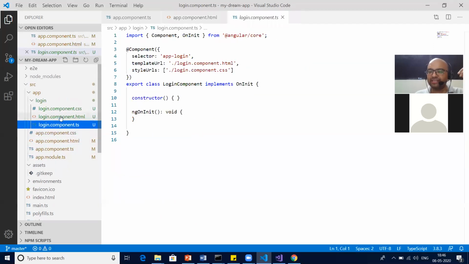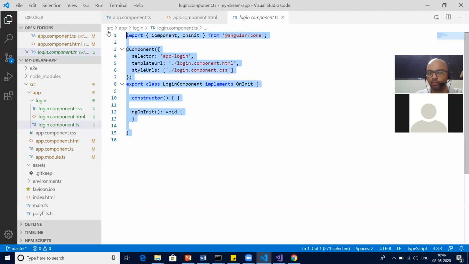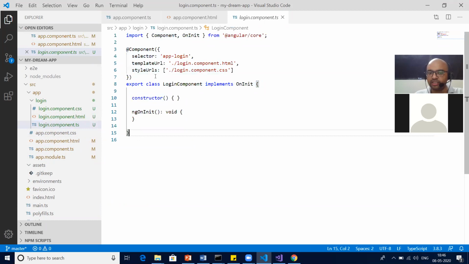So it looks the same way your app component looks, which you saw in the start. So you can see a basic skeleton of a component has been generated, which means they have a login component class, they have the selector name, they have the template URL, I mean the HTML file, correct.